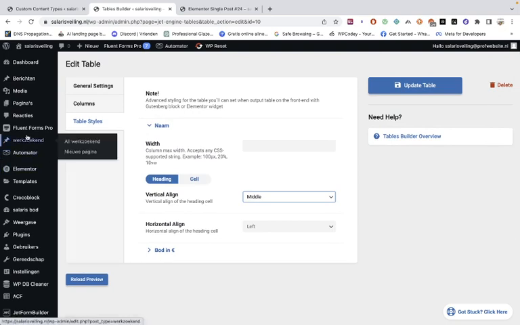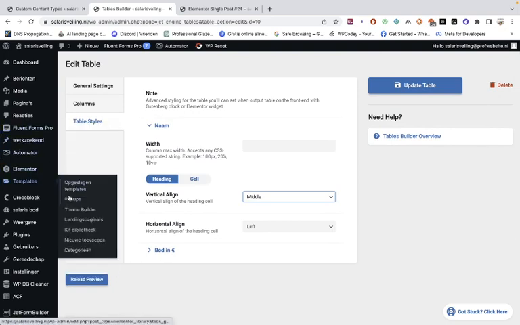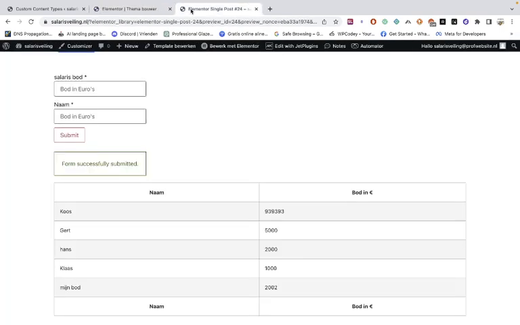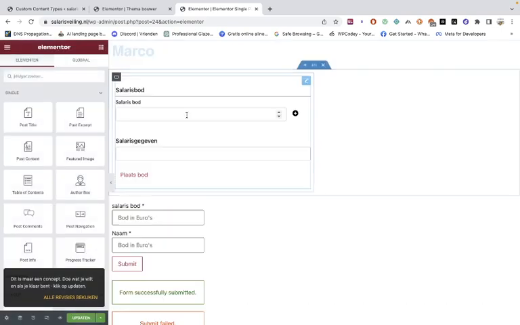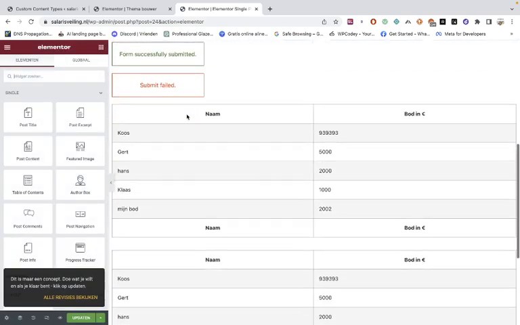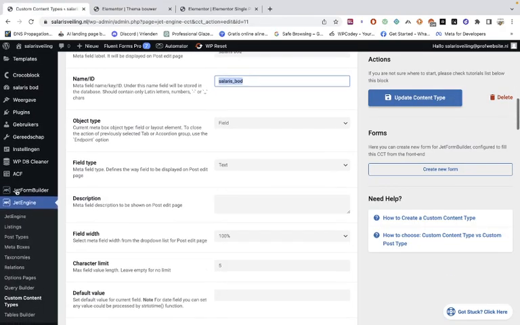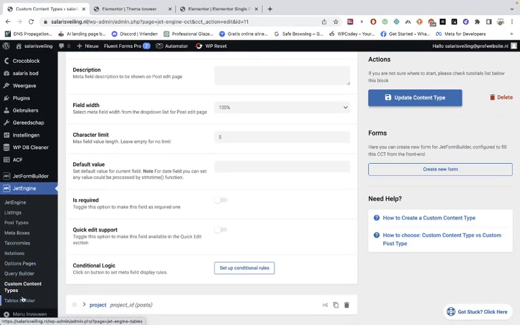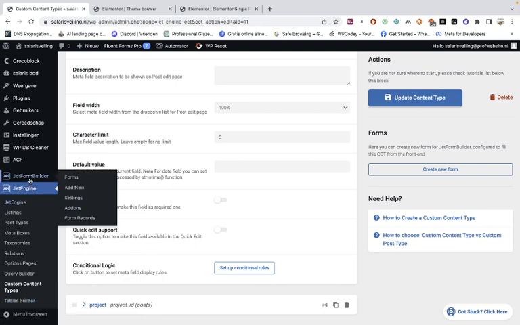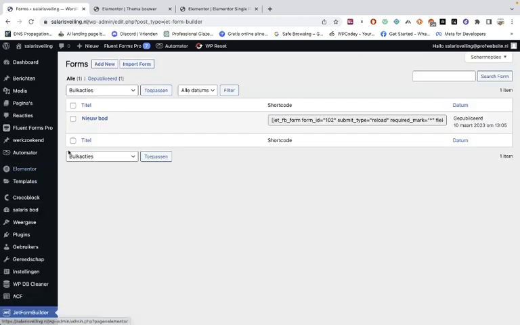And then when we are going here into the templates and the template builder and the single page templates, it's actually in here. Why do it so difficult if you can do it so easy? And there it is, form builder. So the form builder, you have to use the JetFormBuilder so they can submit it. And when you have the form builder in here,